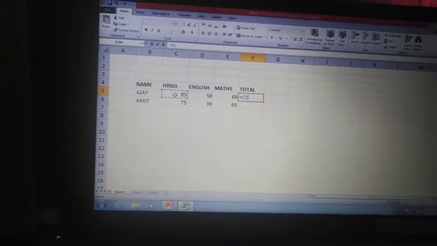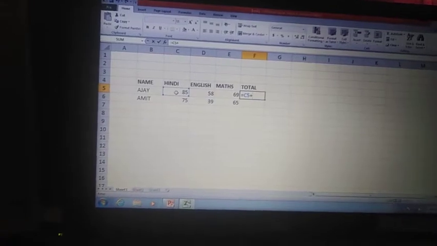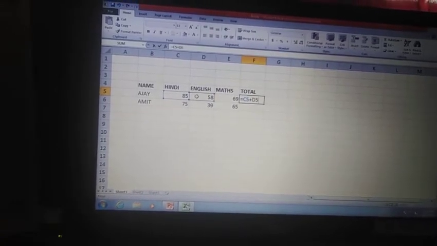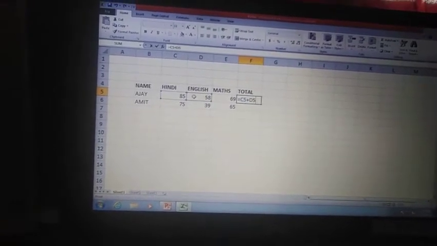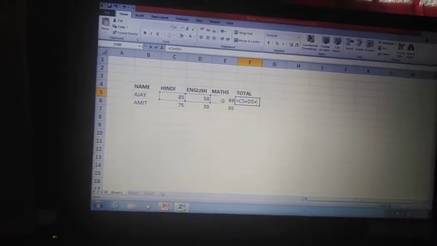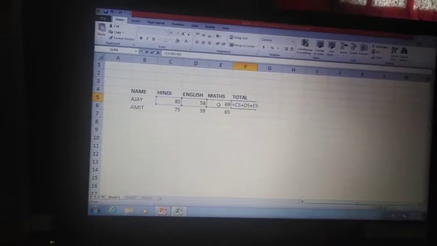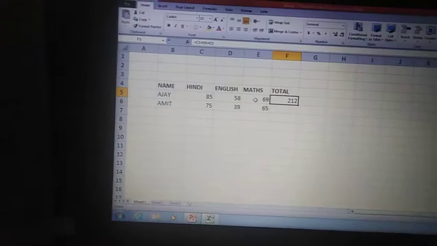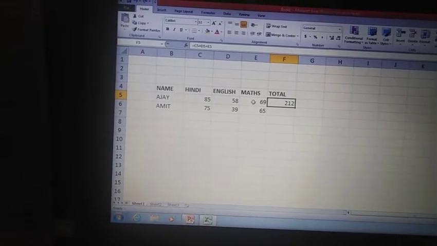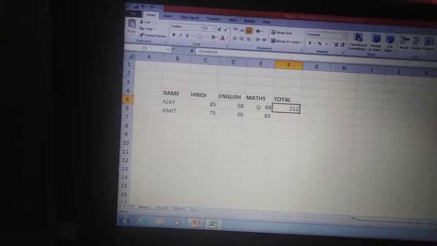Type an operator after the number. Enter second value. Type an operator. Enter third value. And last, press enter key. The answer will appear in the cell and the formula will appear in the formula bar.